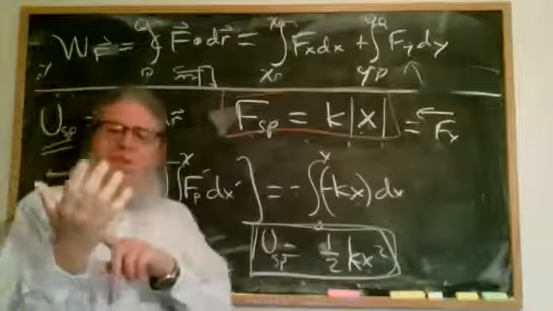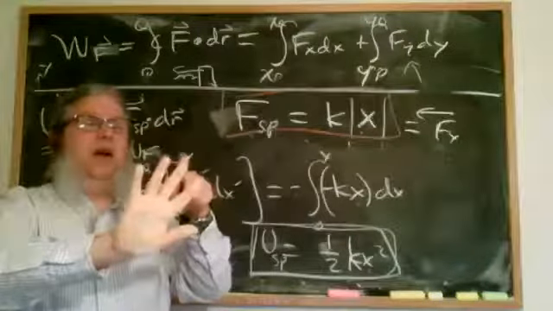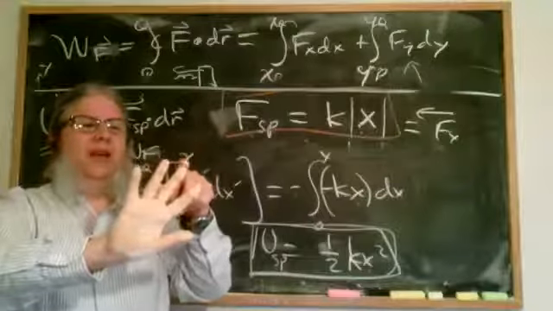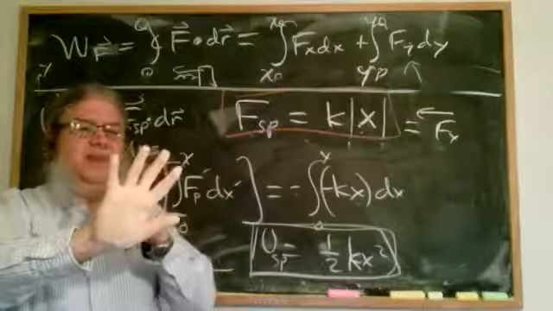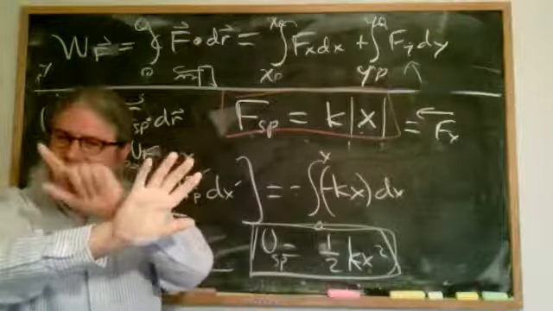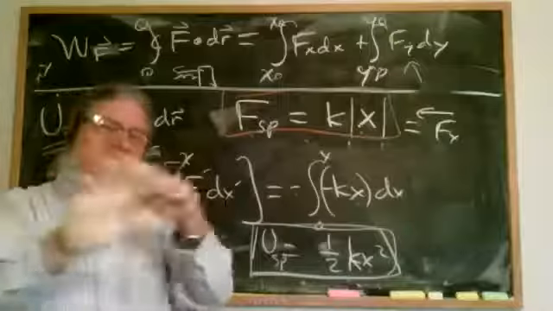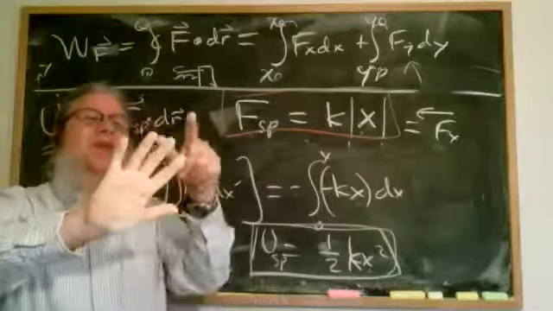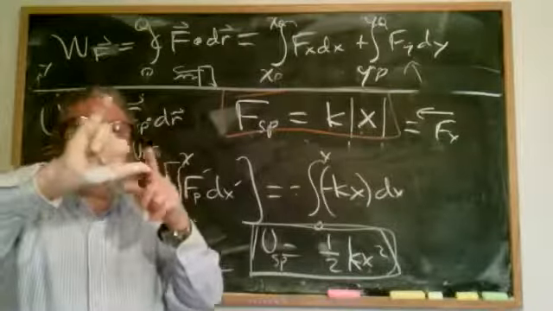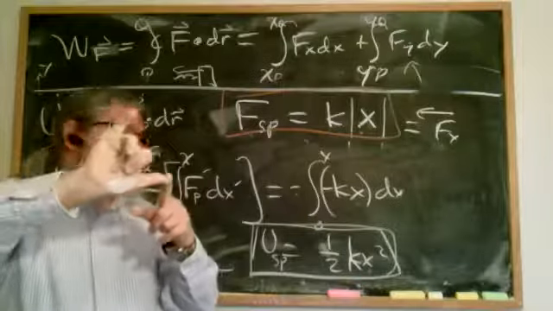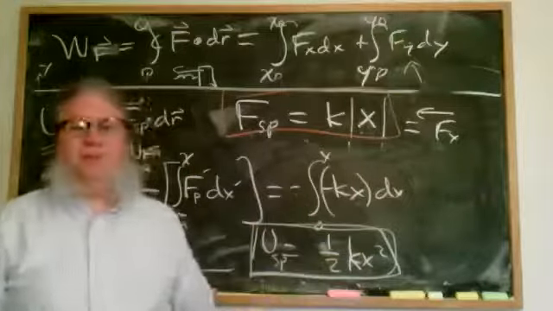Let's list all the forces we have: weight, normal, tension, friction, and now we've added the spring force. That's 5 forces. There's also the applied force, but please, please, please do not put the applied force on any problem unless I give it to you explicitly. You can't invent the applied force. So let's do it again: weight, normal, tension, friction, and the spring force. Which of those forces are conservative? The only conservative forces are the weight, where the potential energy is mgy, and the spring force, where the potential energy is 1/2 kx squared.